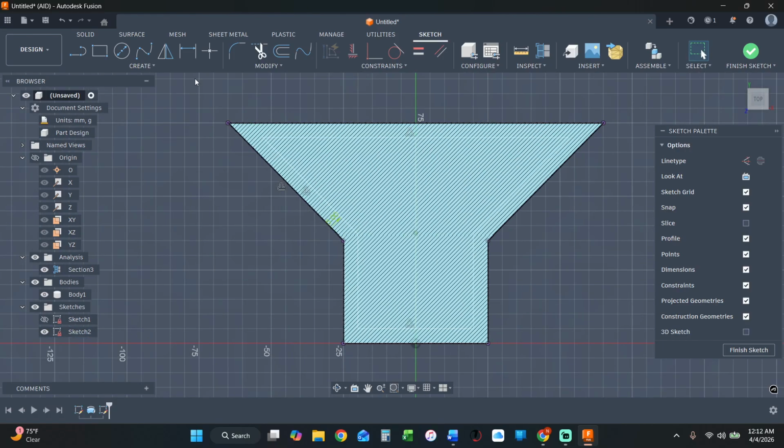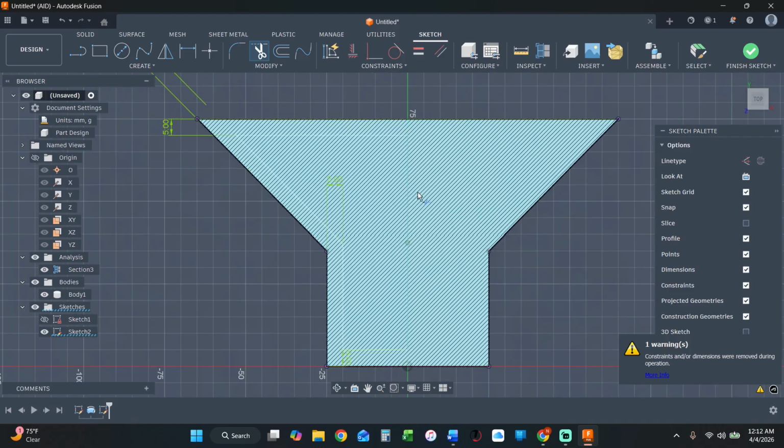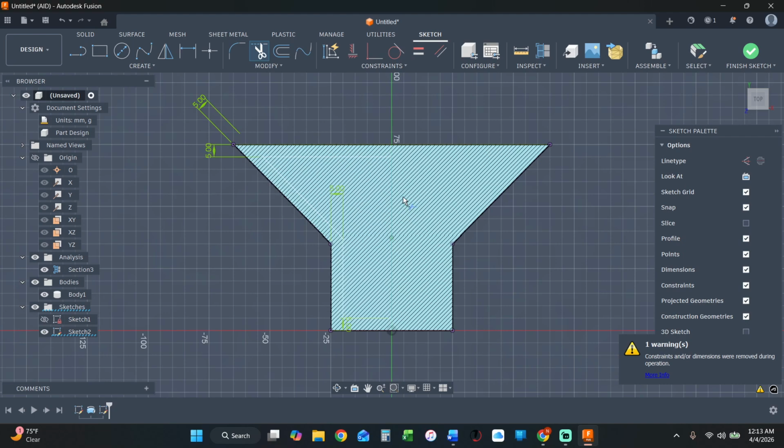It's kind of difficult with the colors that are showing up here, but I think the gist of it is going to be shown. So what I've done is I went ahead and created an offset here. And now you can go ahead and you can change the dimensions if you'd like. I'm going to leave it at 5. So we're going to go ahead and hit Finish Sketch,